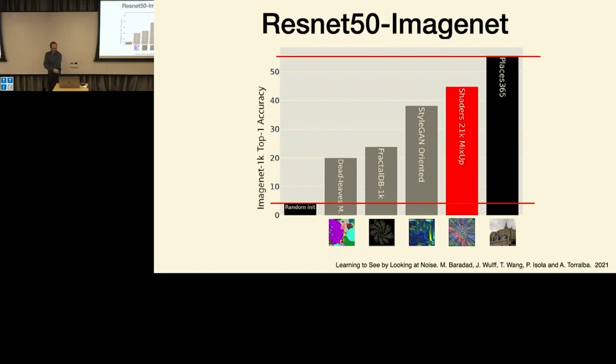Yeah. Do you think we could augment all of these data sets to try to beat Places365? We've tried all these combinations, yeah, but you get a little bit better. We have another one that does a little bit better than this, so it's getting really close. And as soon as you start working on domains that are very different from images, like medical images and so on, pre-training with this is just as good as pre-training with ImageNet.